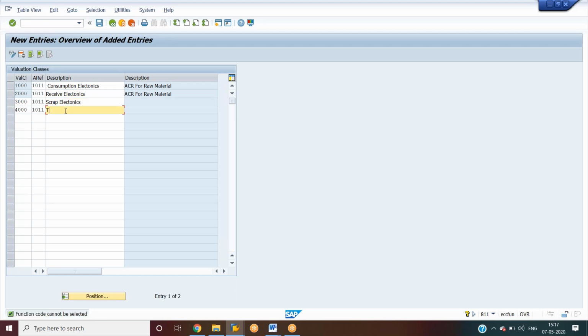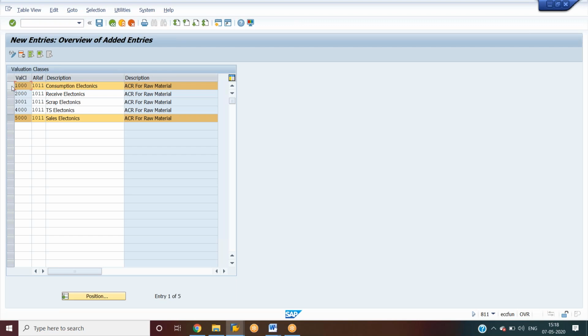And this one, transfer stock electronics, 5,000. And this I'm using as a sales electronics. Okay, see here. So see here, I have maintained one account category reference for 5 valuation classes. I have maintained one account category reference for one material group. Okay.